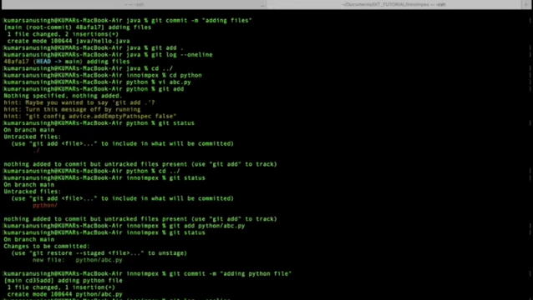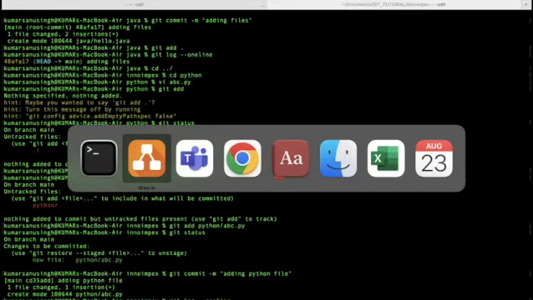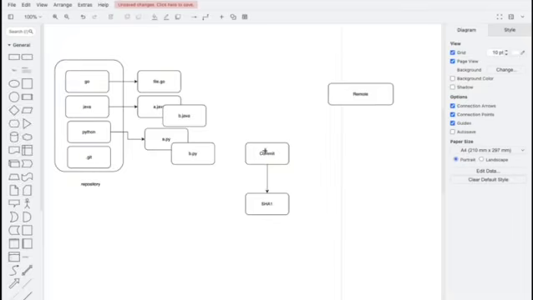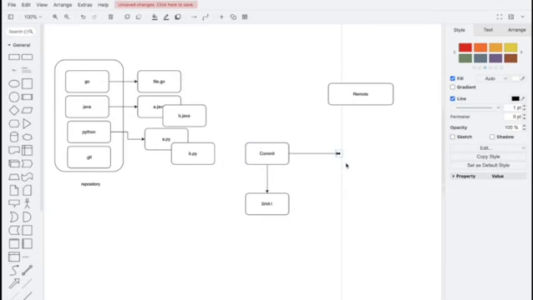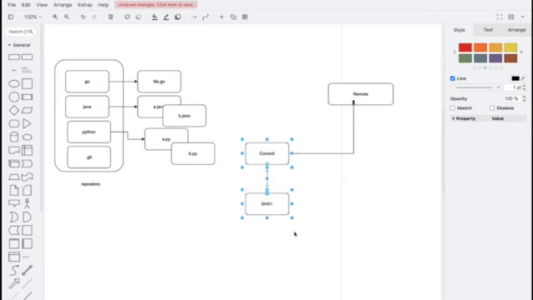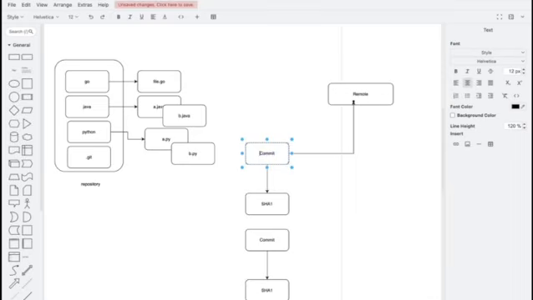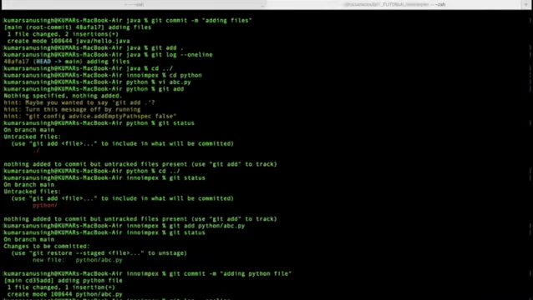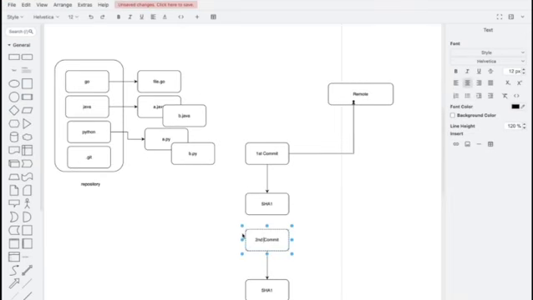Why? Because the same commit will be going to your remote repository. So for example, if you have one commit, this one commit will go to the remote. Let's call this commit A, or the first commit. How many commits do we have in our repo right now? Two, right? This is our first commit, and this is our second commit. For both commits you can see we have separate SHA values. Every commit will have a SHA, so that's how you uniquely identify and understand the difference between each commit.